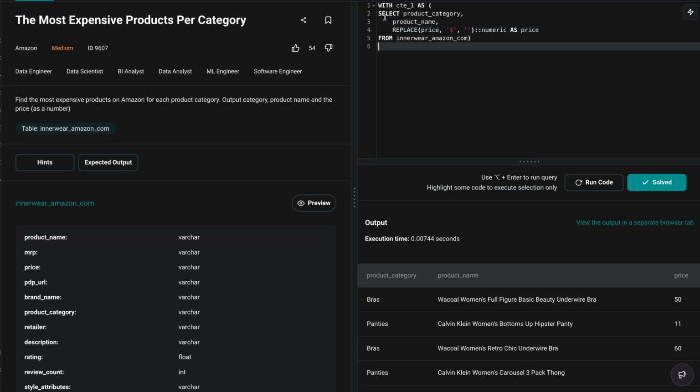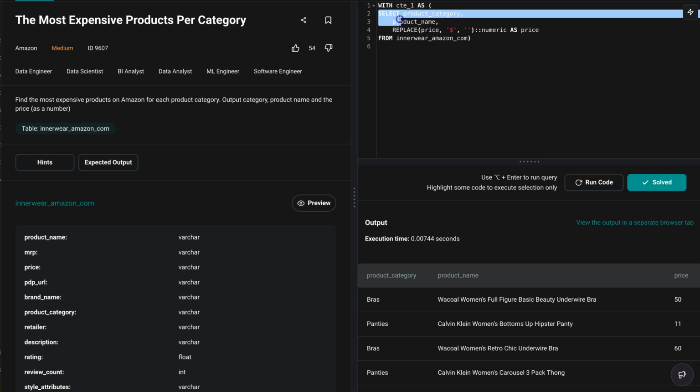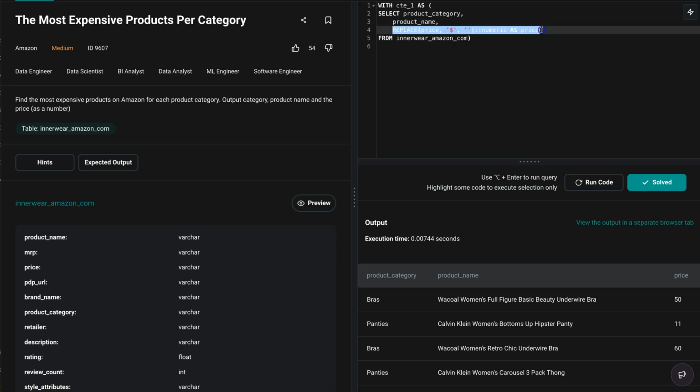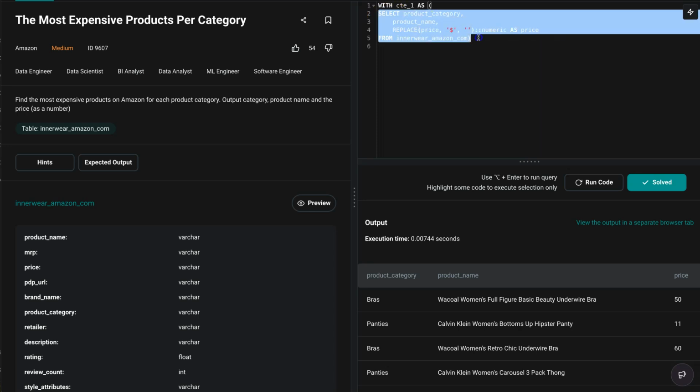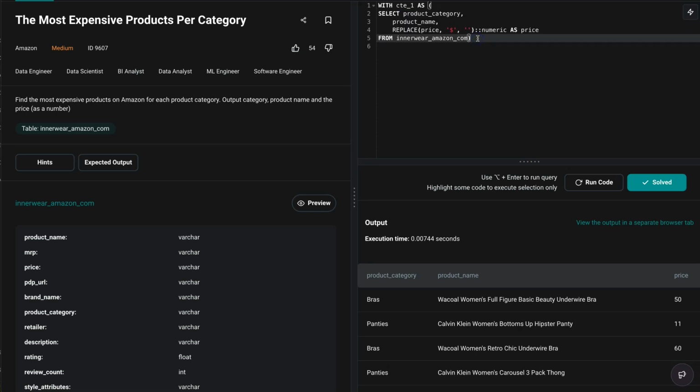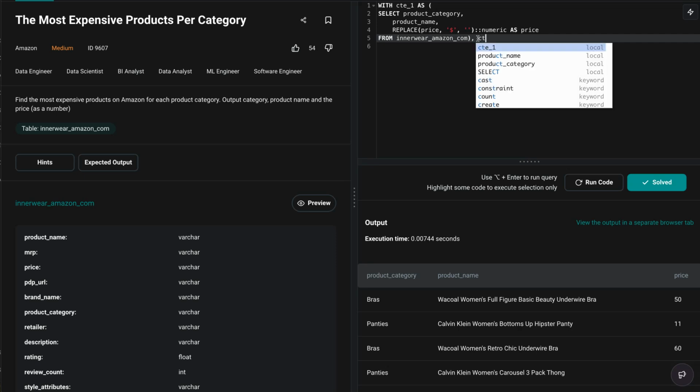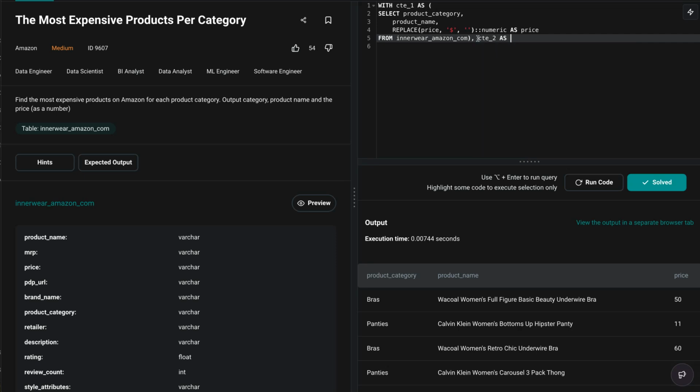And now let's use this to add the ranking column. So by the way, you can do all of this into just one CTE. That is, you can do the data cleanup, meaning you can replace the $ sign, you can convert that into numeric, and you can also add that dense rank column in just one CTE, but it just makes my life so much easier when I split that into multiple CTEs, much more readable. So that's why I'm adding this another CTE here. But again, you can do it in just one CTE, not a big deal. So CTE2 as,